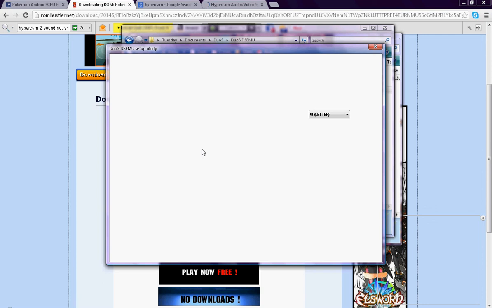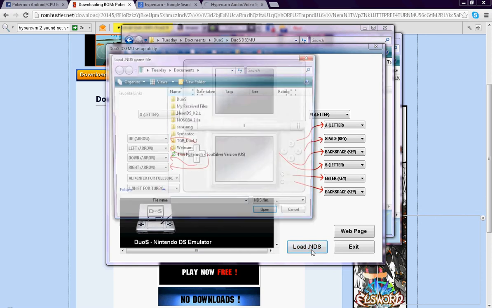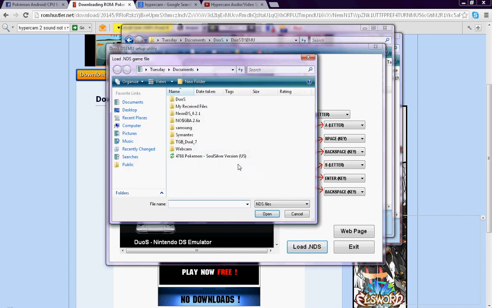Alright, so you'll see this picture of the Nintendo DS, and then you'll see a bunch of different keys over here that you use to control it. Don't change anything because it doesn't normally save it over into the actual program. You hit load, and then wherever you stored your Soul Silver, I like to put it in documents just because it's a little easier for me to find than leaving it in the download folder. Hit the open key,